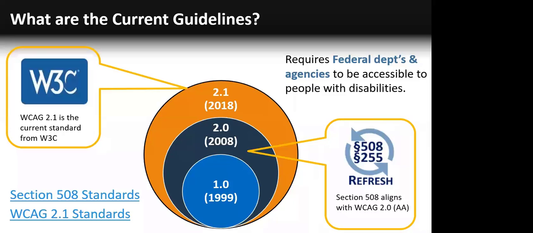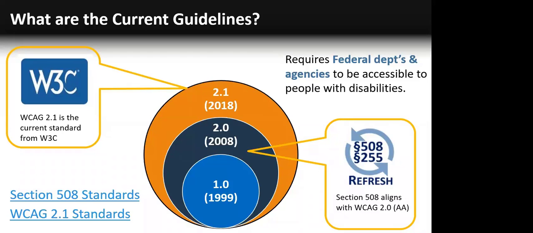In 1999, the W3C, that's the World Wide Web Consortium, developed the WCAG standards. You're going to hear it sometimes just called Weekag for short. It's just a little easier. And it stands for Web Content Accessibility Guidelines. So you just call it Weekag. The Weekag standards developed in 1999 were similar to Section 508, but they weren't identical.